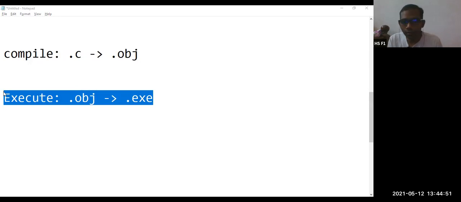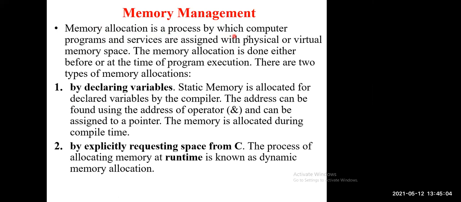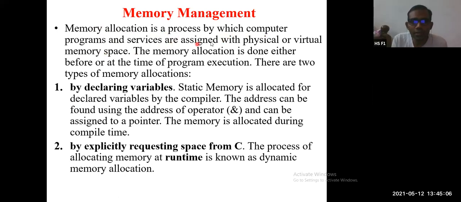Let me share the screen. Memory allocation is a process by which computer programs and services are assigned physical or virtual memory space. The memory allocation is done either before or at the time of program execution. There are two types of memory allocations. One is by declaring variables. Whenever we declare a variable,